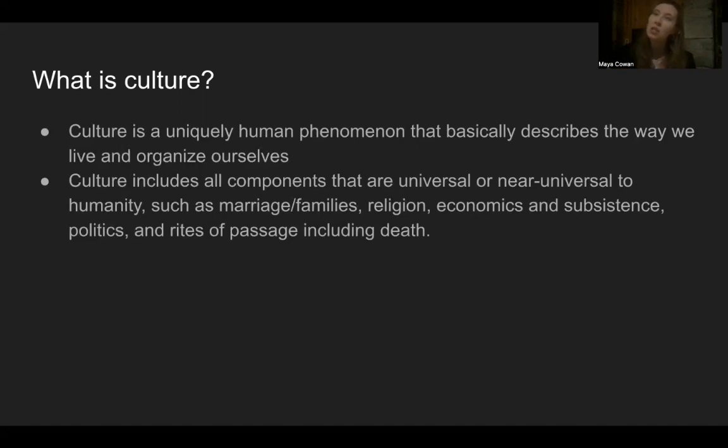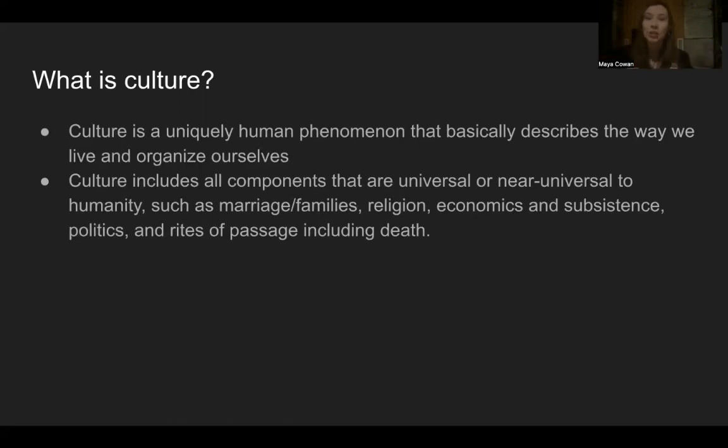Subsistence really means the way that you acquire goods as a society, the way you subsist, including food at its most basic. So you can see how acquiring food and essential goods is not necessarily the same thing as economics, but it is kind of the same thing in terms of what economic anthropologists study, because a lot of economic anthropologists, at least in the past, would study subsistence specifically.